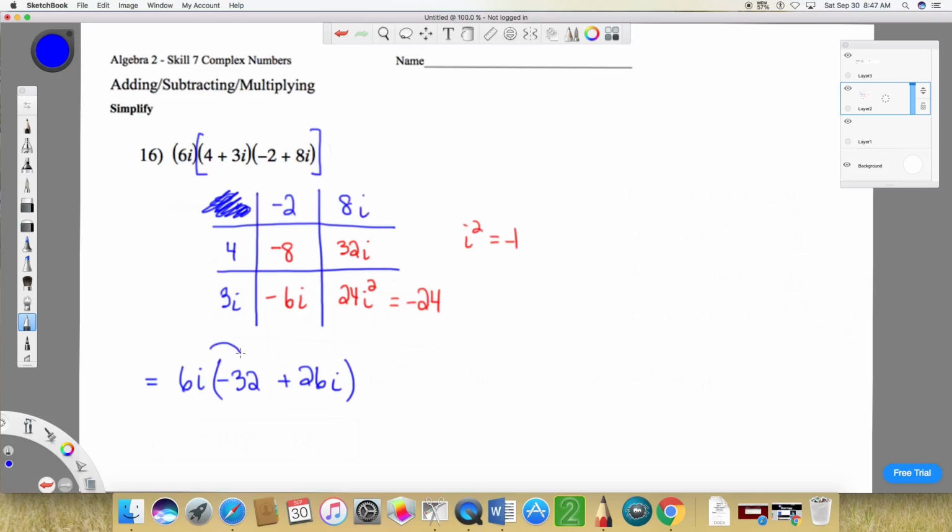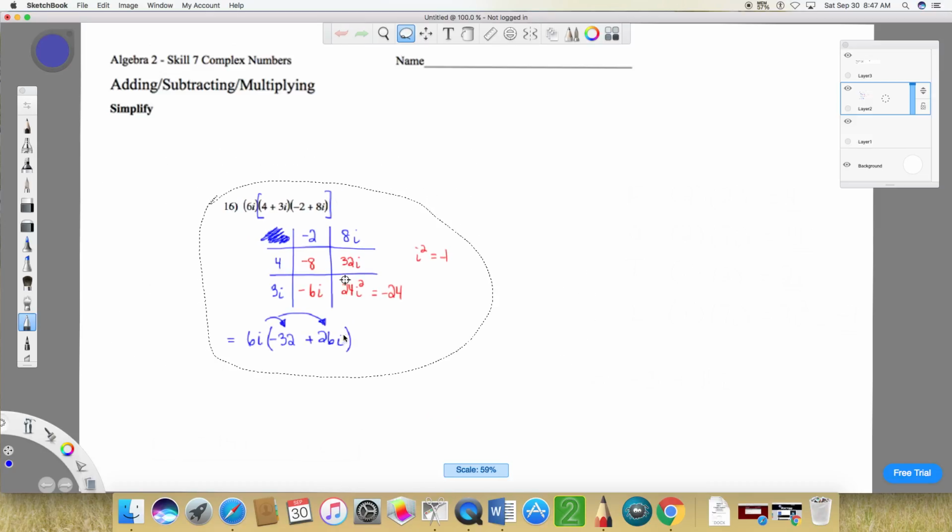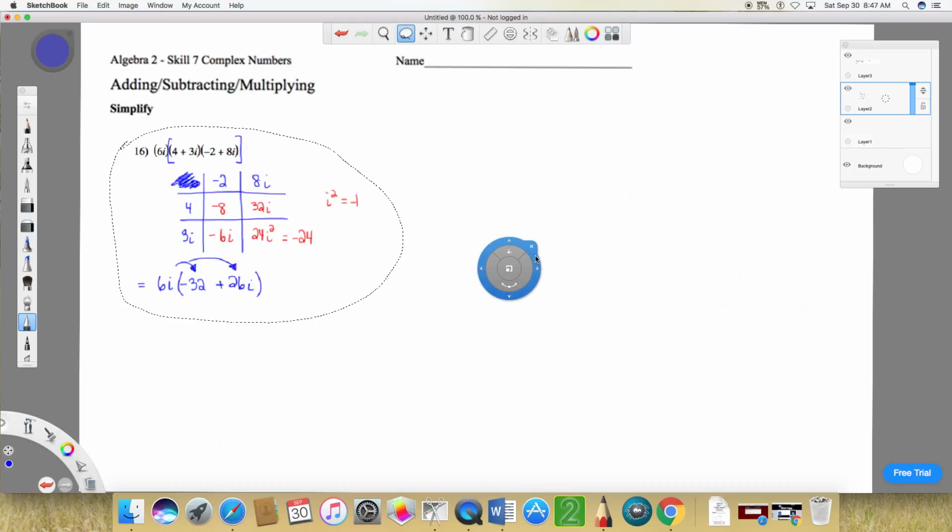So now I apply the distributive property, that multiplication distributes over the addition. And here, let's shrink this up so I have a little bit more room to write. So the positive times the negative is going to be negative, and 32 times 6 is 192. So I get negative 192i,